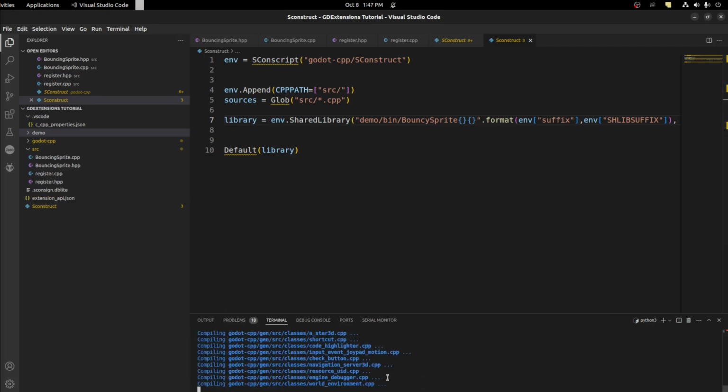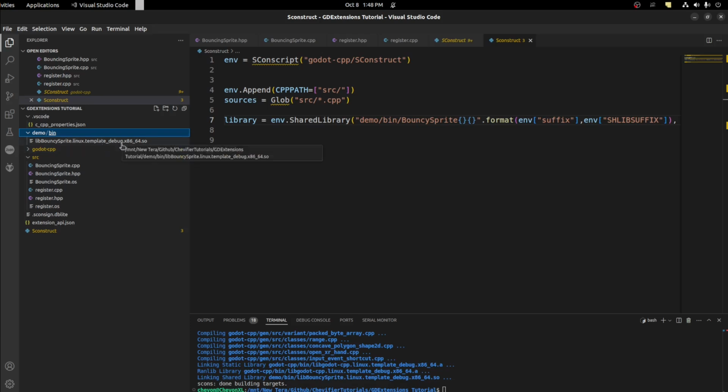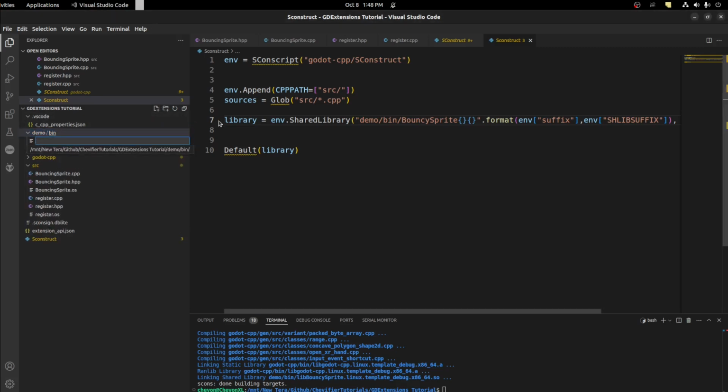This might take a little while. All right, now that it's done, we should now have that bin folder in the demo, and then lib bouncy. So now we need to create a file, that GDExtension file that tells Godot that this file exists. So it starts running it. So in this bin folder, let's create a folder called Bouncy